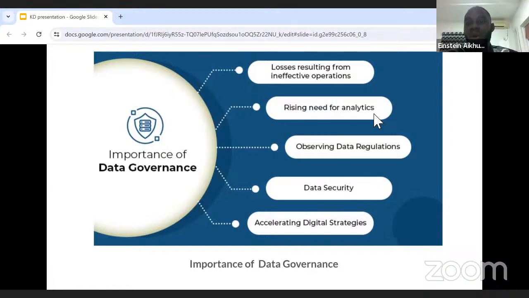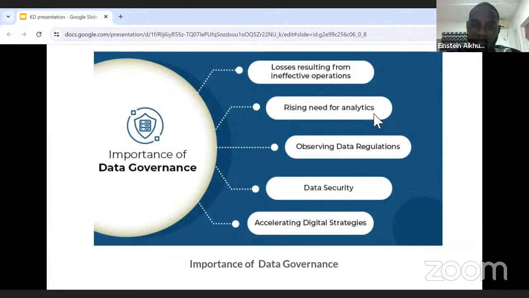Like now, if you are signing up and they tell you this is what we want to use your data for, we're not going to share your data with any external third-party organization, and you agree to the terms and conditions. Now, if they do that, that is a breach of their data security.